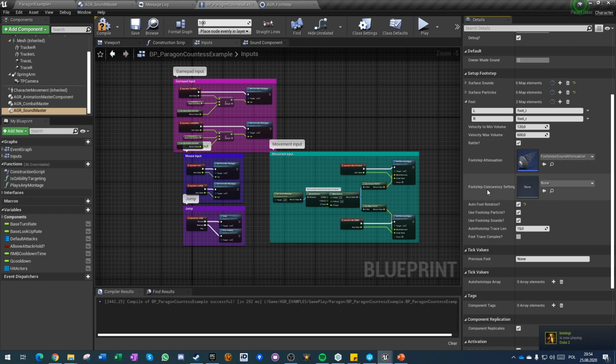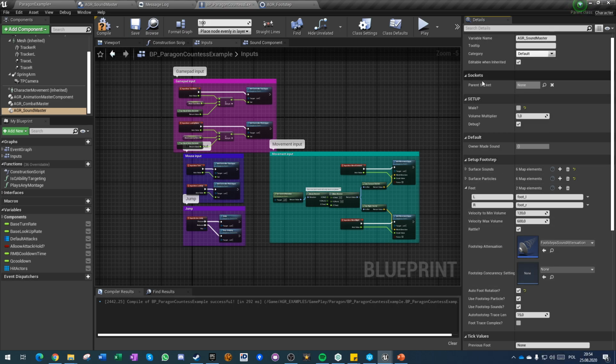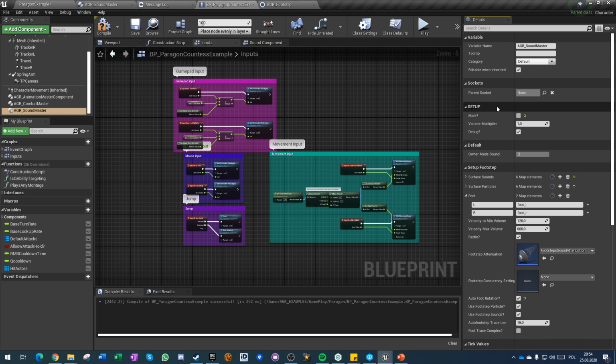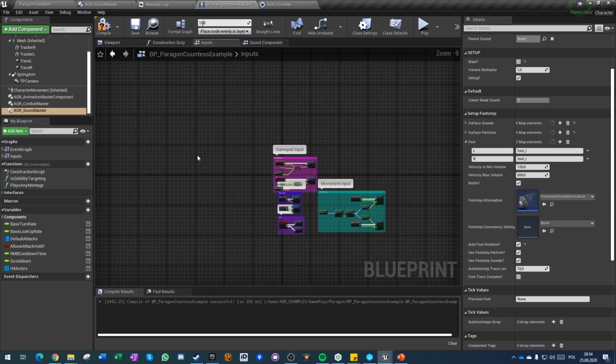Footstep attenuation, concurrency settings. So like you can see, this is just the footstep setup. I've done it separately for the general setup and footstep setup, because I will also do ambient sound, I will do environmental sounds, and I will make them work on multiplayer. So any sound that is multiplayer relevant and spawns an event for AI, for example, and allows AI to hear stuff, it will be managed through here, through different setups. So right now, if you want to do